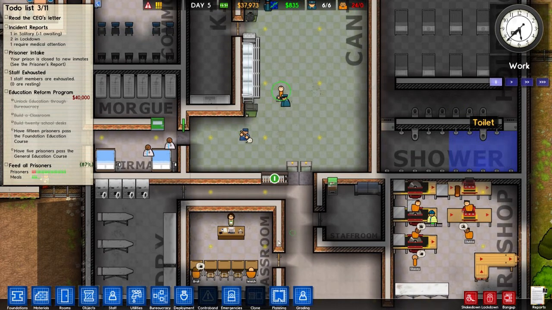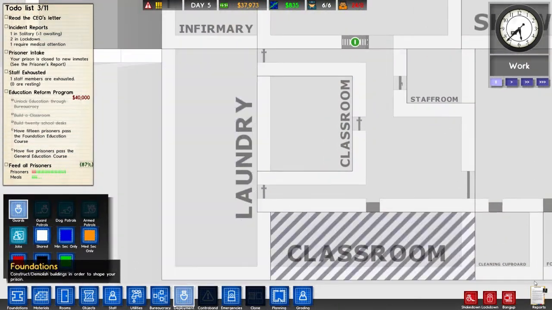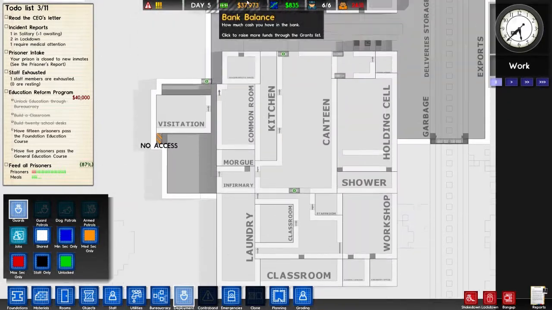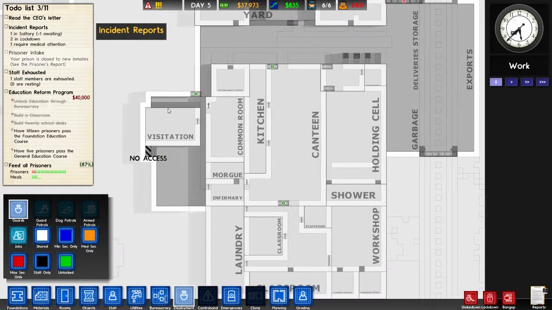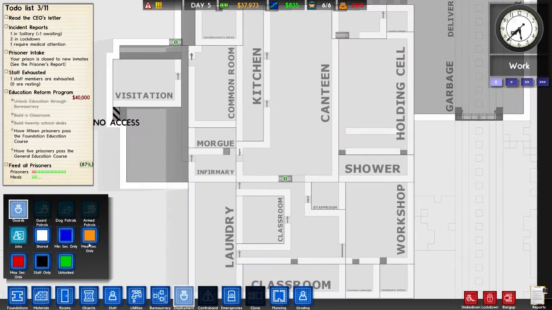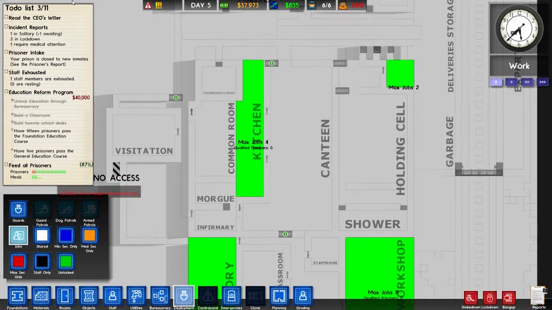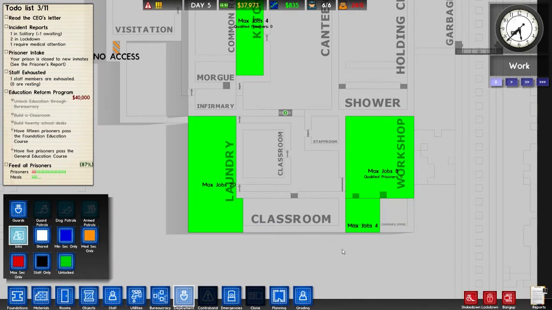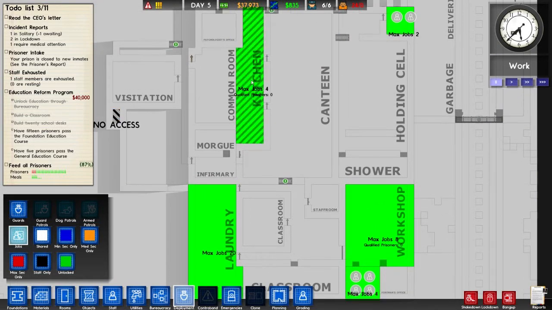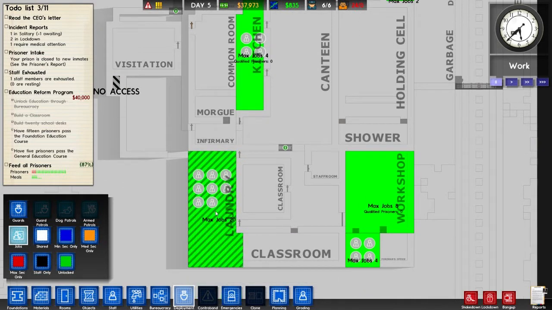Right, our research is done. So, now with deployment, we click this button for the deployment button, and look, we get a whole different view of the prison, right? This shows us all the little sections of the prison, and you can see here under jobs, little green areas where prisoners can work. So I can assign 2 prisoners to work in that cleaning room and 4 to work in this cleaning room. And I can assign 4 to work in the kitchen and 20 to work in the laundry,